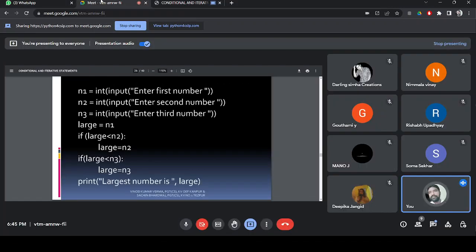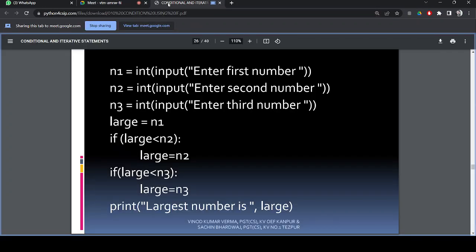if you are entering three numbers, you have to use the if statement two times. It is assumed that n1 is the largest and it is compared with n2 and n3, and accordingly the number is updated. By comparison we find out the largest number among the three numbers and we print it. If you try to solve it by mental calculation, you can understand the logic behind the selection statement, whether that particular block is executed or not. That is what happens with the if statement.